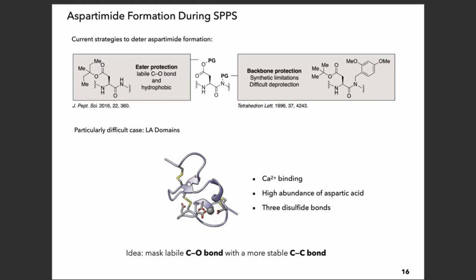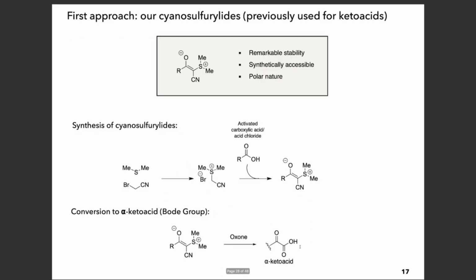And in particular, we were really struggling with this while trying to make a certain type of protein domain called LA domains, which have 3 disulfide bonds and really a very high number of aspartic acid residues. And this is where we came to the idea of saying maybe we can take some of our experience in making the keto acids, in which we have introduced a carbon-carbon bond, and use that to completely prevent aspartimide formation. So the idea was to go back to our sulfur ylides, which we know to be remarkably stable and very easy to make, and see if we could come up with different cleavage conditions that would eventually give